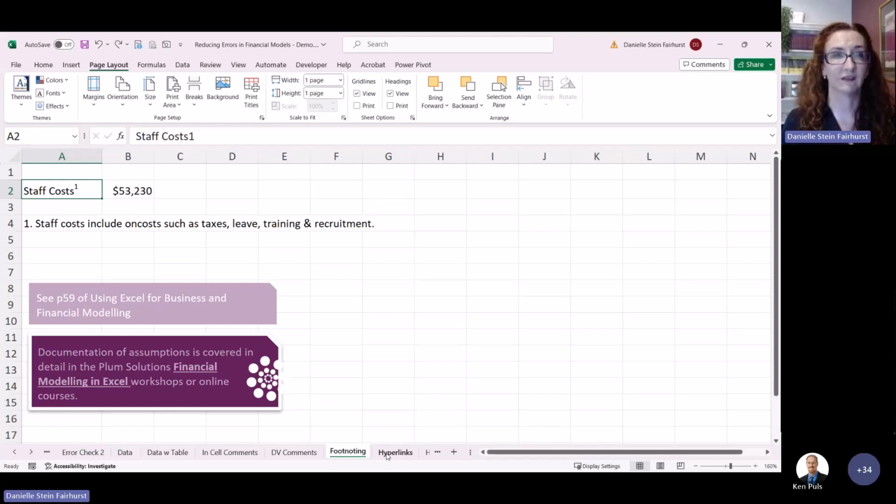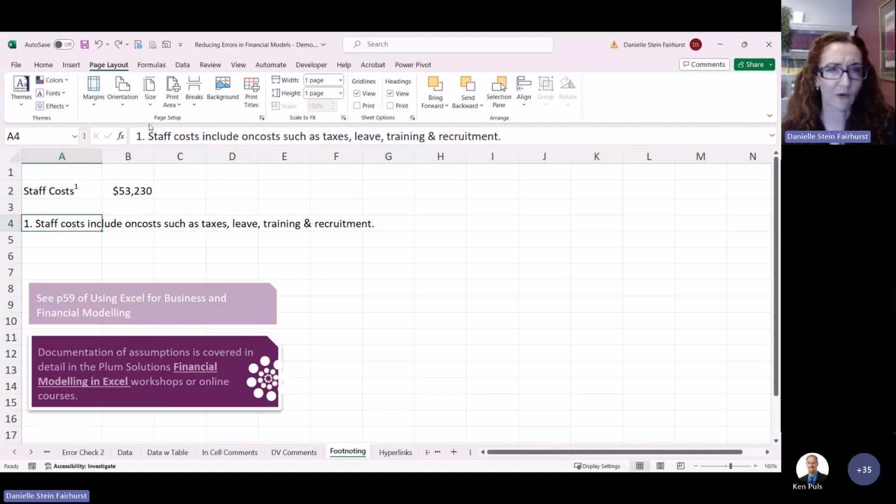Word's done something like that, quite automated, for years now, and Excel doesn't really have that. Ken says he uses your page numbers and that. Yeah. If anyone's got any other tips for doing this, because I find that quite time consuming, but I do tend to use footnotes a lot in models, so just documenting what's there.